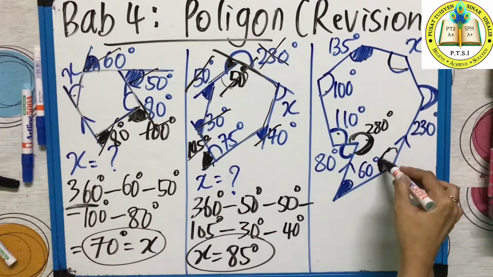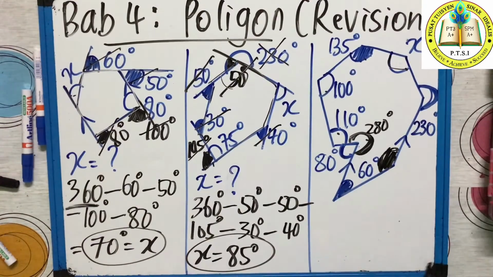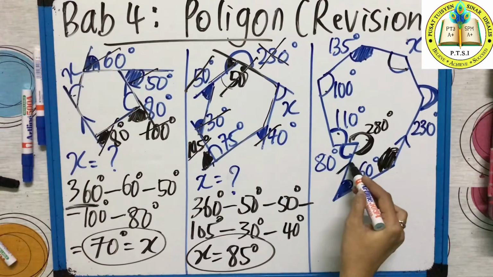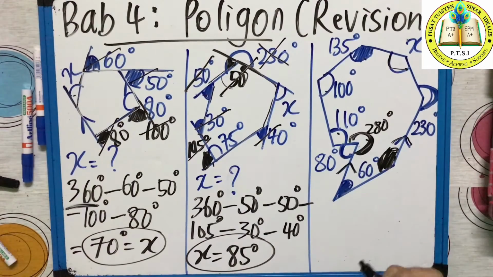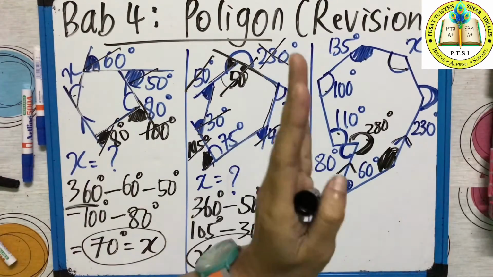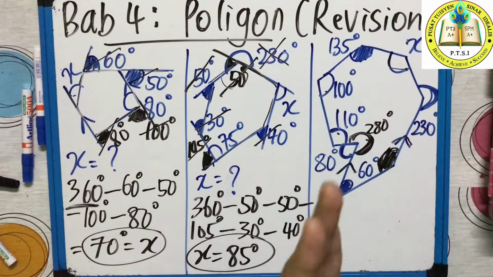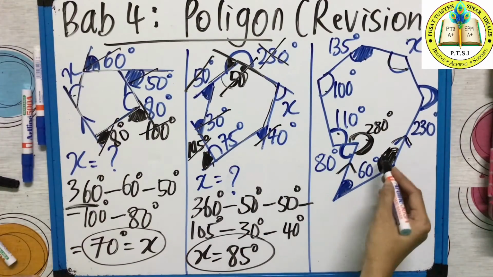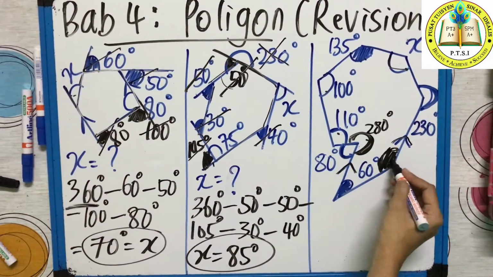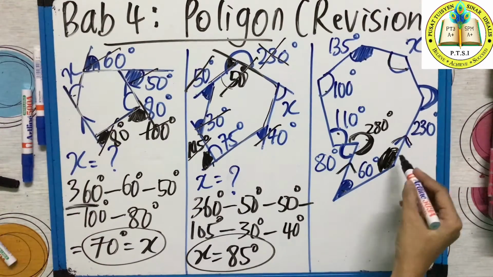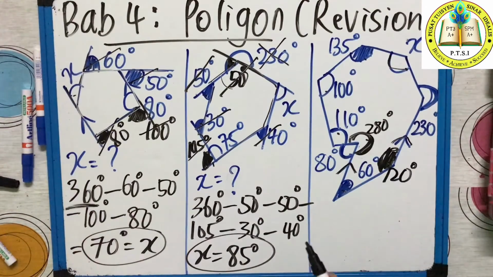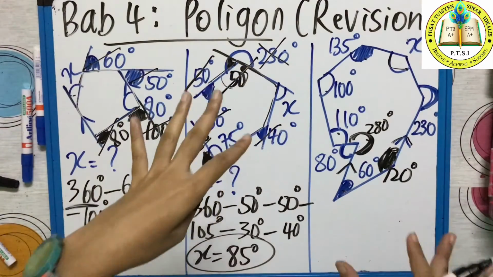But this angle, they didn't give. But they show a parallel arrow, right? What did teacher tell you about the parallel arrow? If the line is parallel, garis tu selari, the side by side is 180. So, if this is 60, this one will be 120 degrees. Fill up the information first. Then only you will know what to do next. Understand, class? So, cikgu isikan dulu.